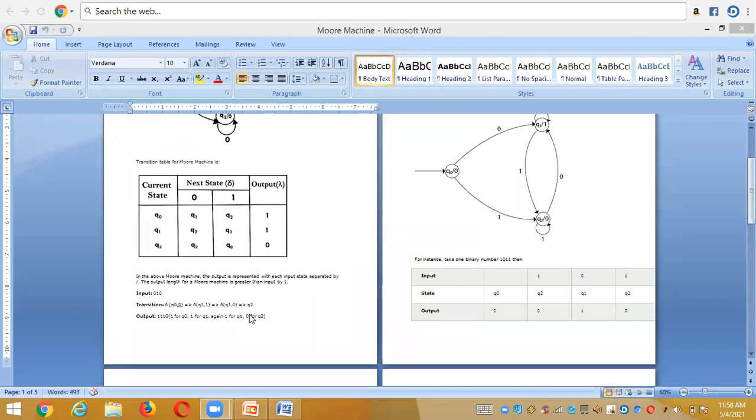That means if I am taking n as an input, then finally after doing the transitions, my output should be n plus 1. That means if it is 2, then the length should be 2 plus 1, that means it is to be 3, like that. You need to check it out. And finally, after checking whether it gives a length greater than the input by 1, then we can say that it is an acceptance by an acceptable Mealy machine, right?